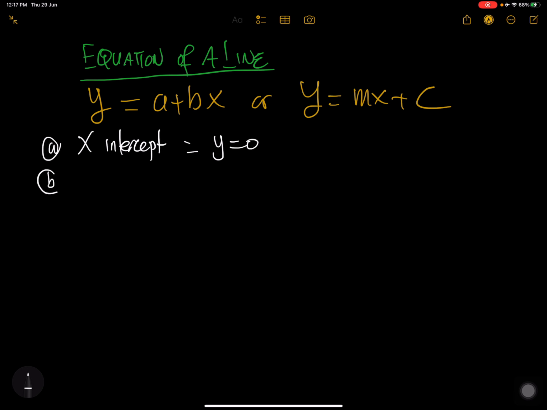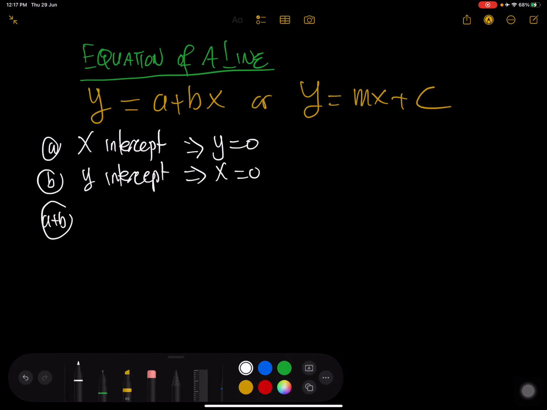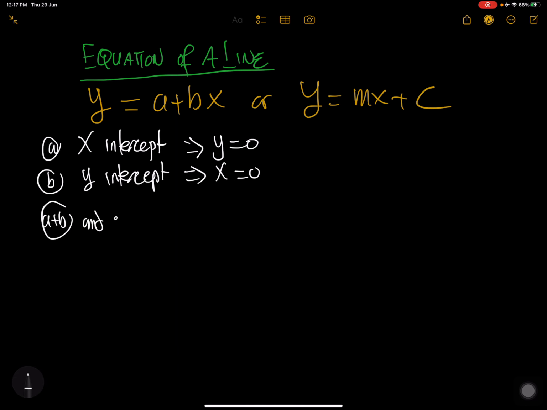And then the next thing is to look for what we call the y-intercept. To find the y-intercept, it is when x is 0. And then you use a and b, and a point, one point, to determine